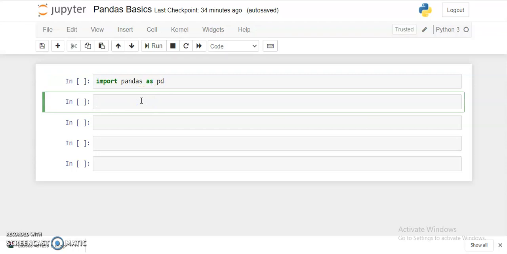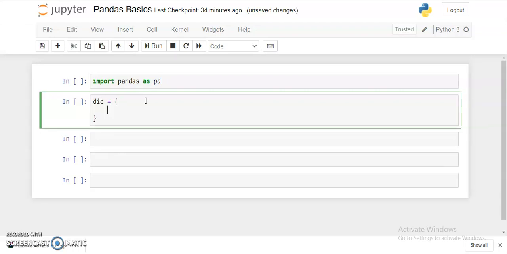So a data frame can be made from a dictionary, right? It can be made from a list of lists. It can be made from a tuple of tuples. It can be made from a list of tuples, right? So we're going to use a dictionary first. How are we going to make a data frame from that particular dictionary? We're going to see that. So let's define a dictionary, and I'm going to use the mark sheet of different students to make